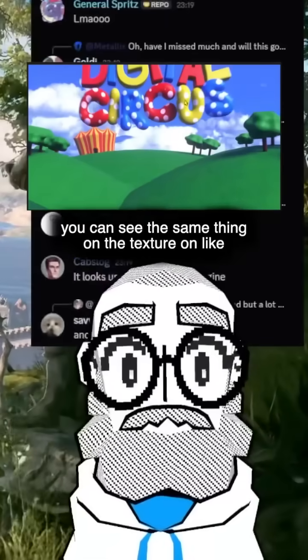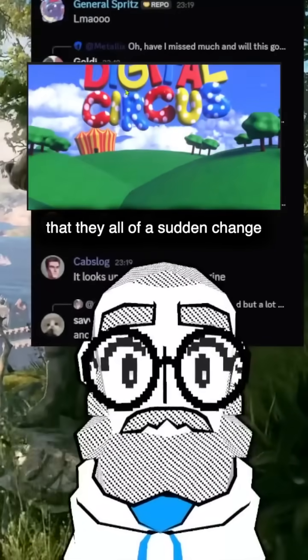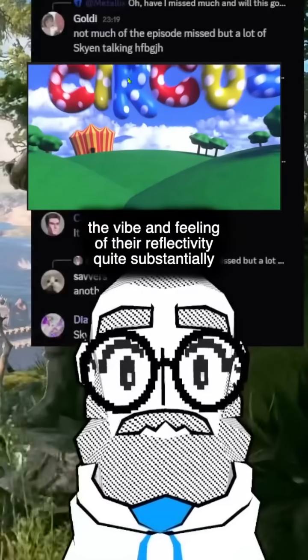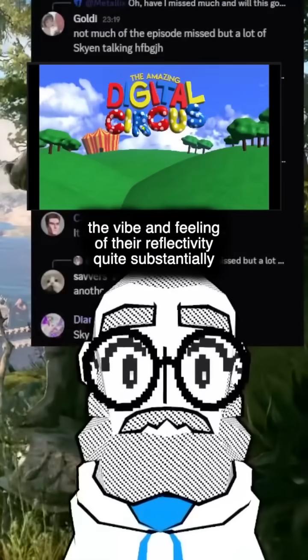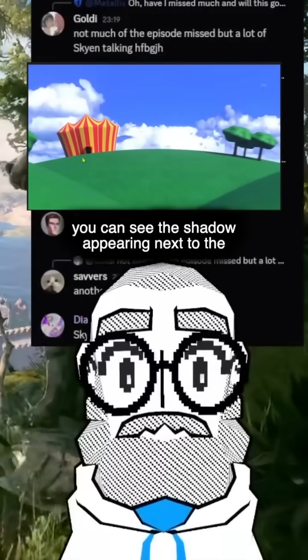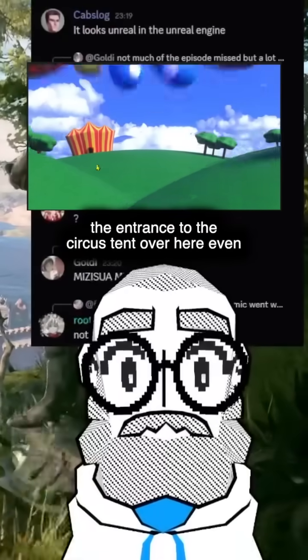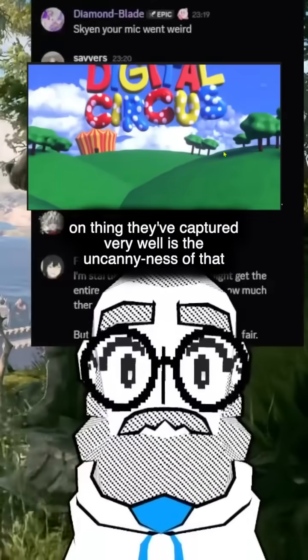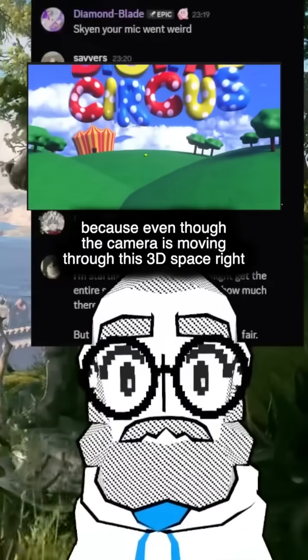You can see the same thing on the texture on the letters themselves, right? Like they all of a sudden change the vibe and feeling of their reflectivity quite substantially. You can even see the shadow appearing next to the entrance to the circus tent over here even. One thing they've captured very well is the uncanniness of that, because even though the camera is